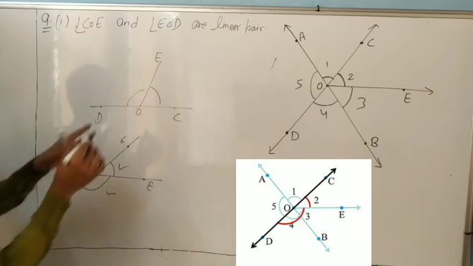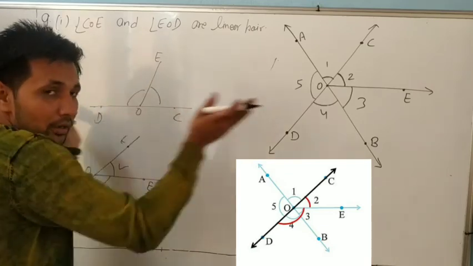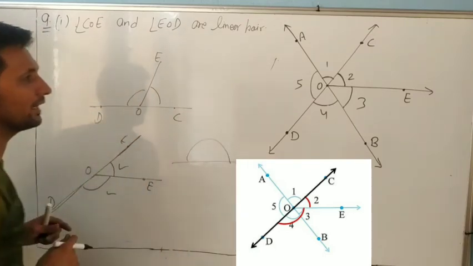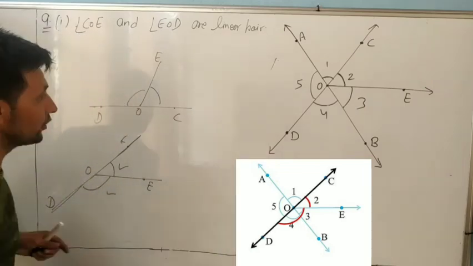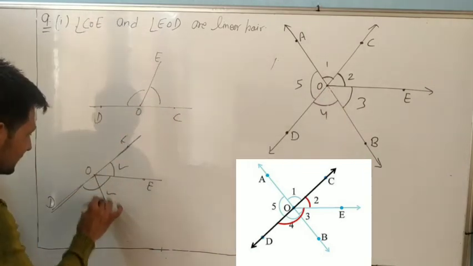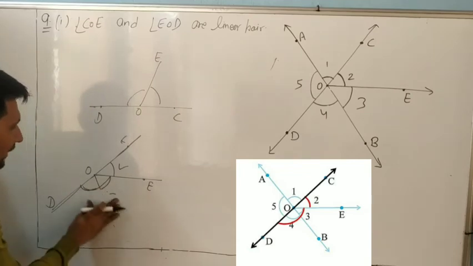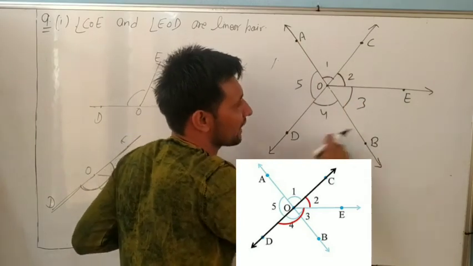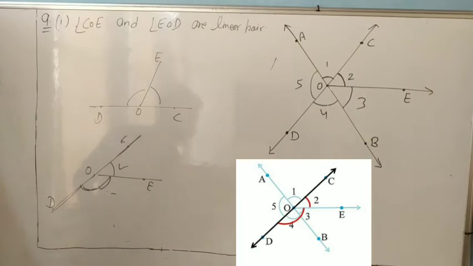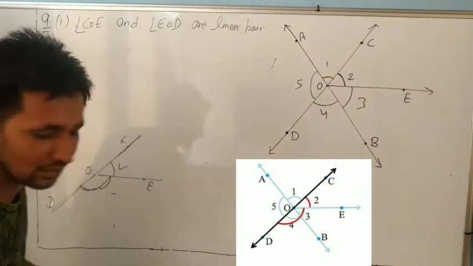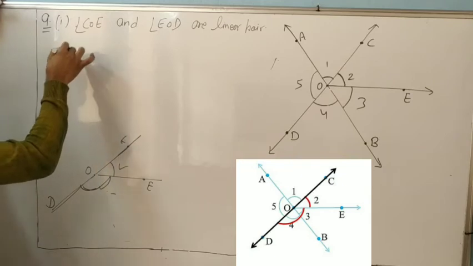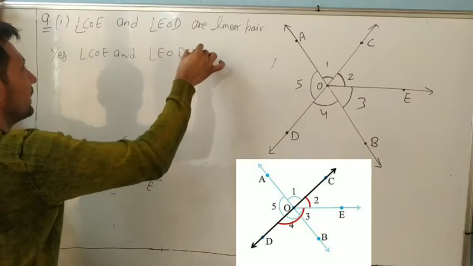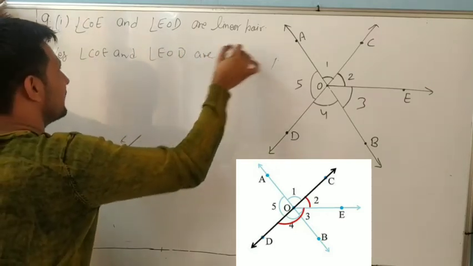They are linear pair or not? Because the non-common arms are on opposite sides. Otherwise, you can say that it is a straight line, and a straight line always makes 180. Don't be confused. You will ask, sir, OB also, but it means this angle and this angle. Suppose this line is not given. Are angle 2 and angle 3 plus 4 linear pair or not? You can make a figure also. You will write yes, angle COE and angle EOD are linear pair